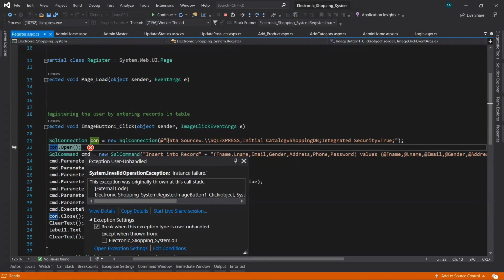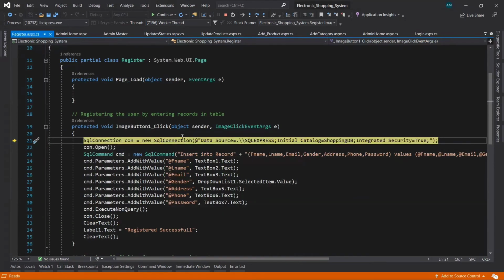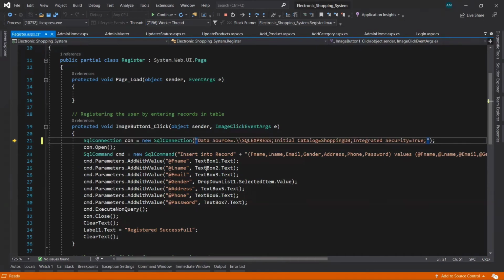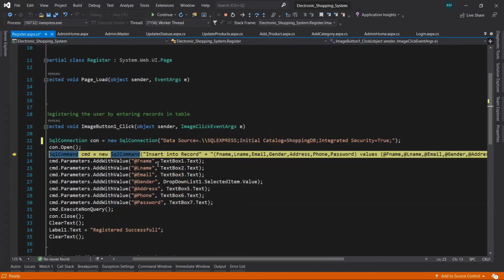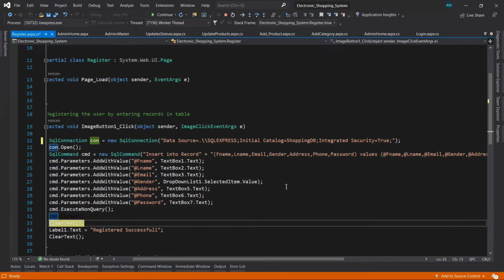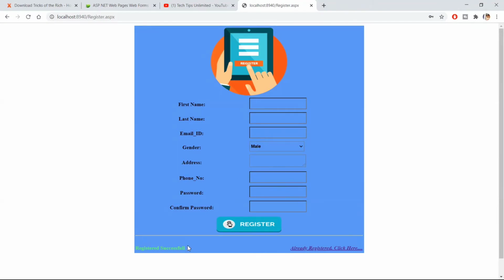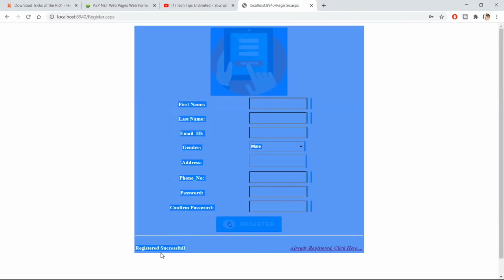Okay, we need to remove this @ from here. So it got executed.